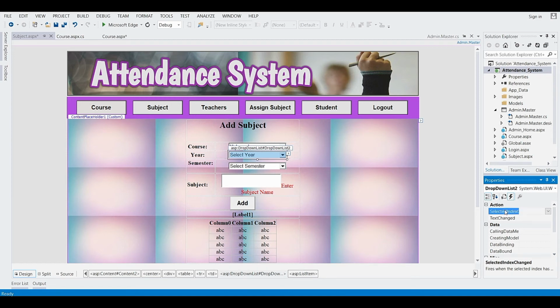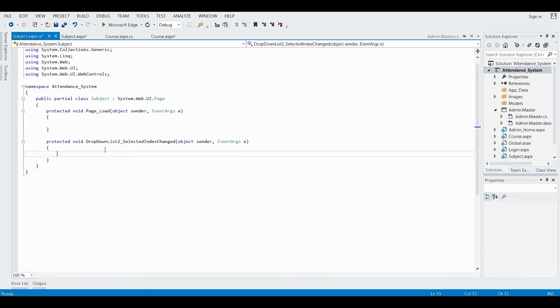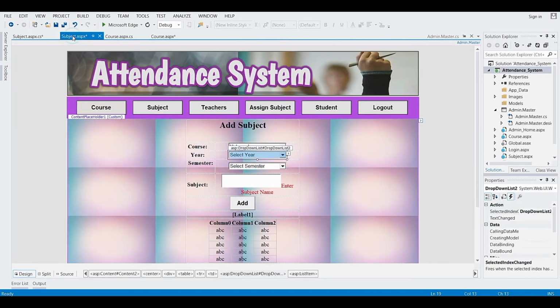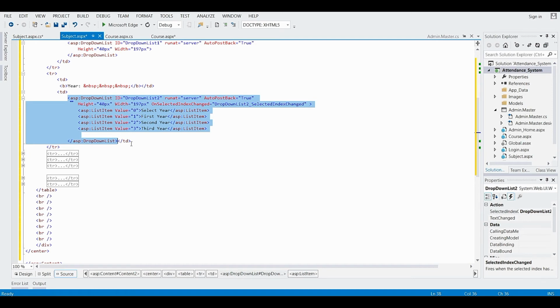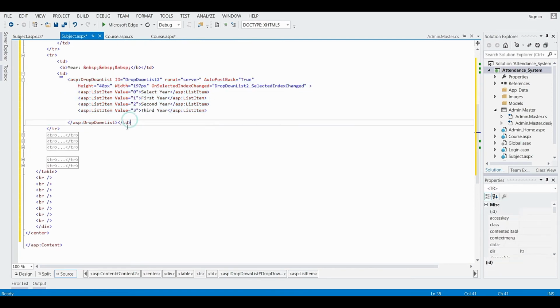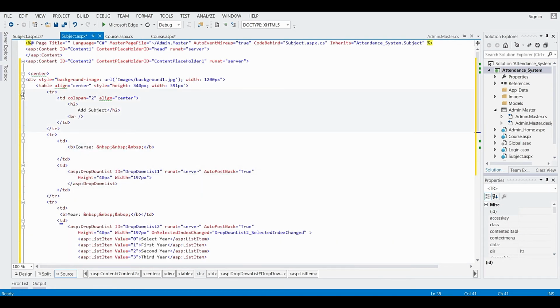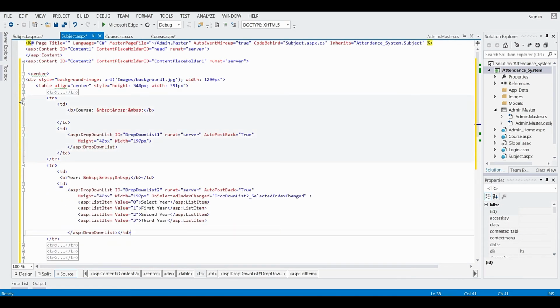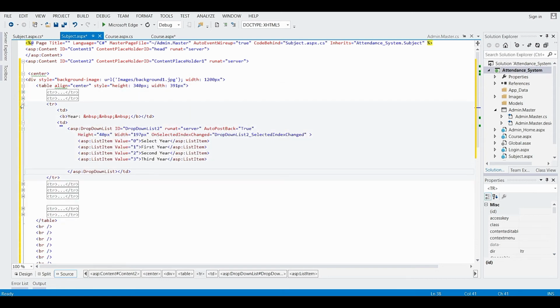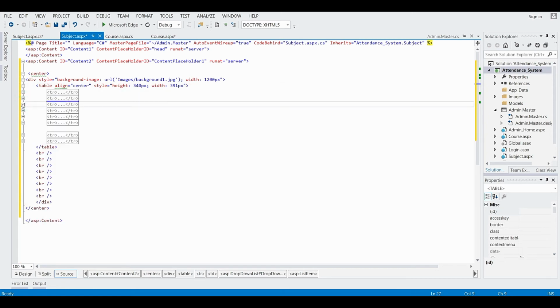Double click on selected index changed. Now let's see forward what is there. After this, first table row, second, third. Till the third we have completed.